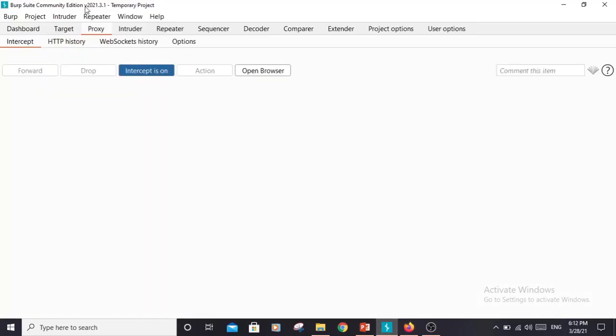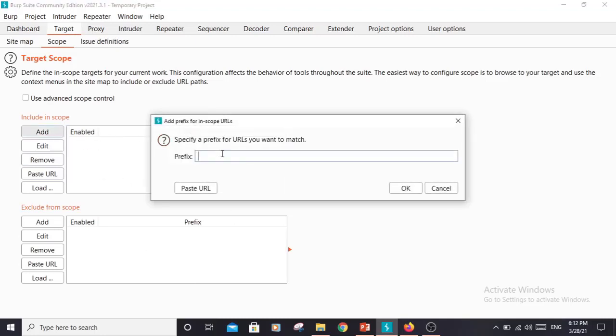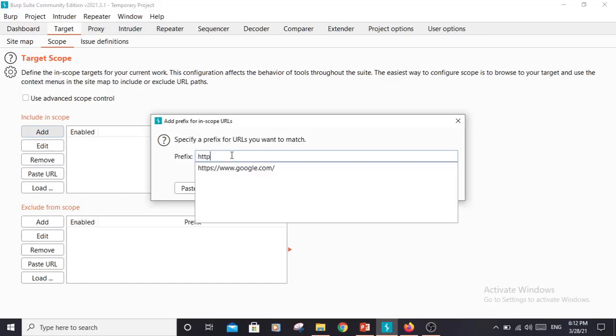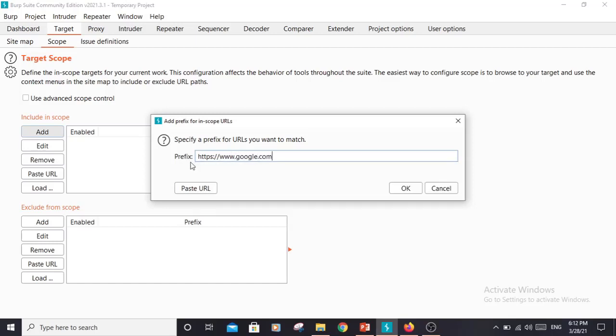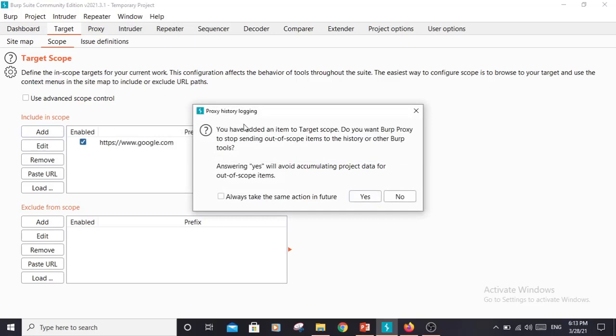You can do that by going to the Target tab, where we have something called Scope. Let me just remove this. It's going to be empty for you when you start Burp, but you can add to it. So for example, if you want to use only the requests to Google, then you just need to add http://www.google.com, and there is another easy way to add it to the scope. I'll show you that later. So now I set the scope to only intercept requests sent to Google, and the responses coming from Google. Hit OK, and if asked whether you want Burp Suite to stop